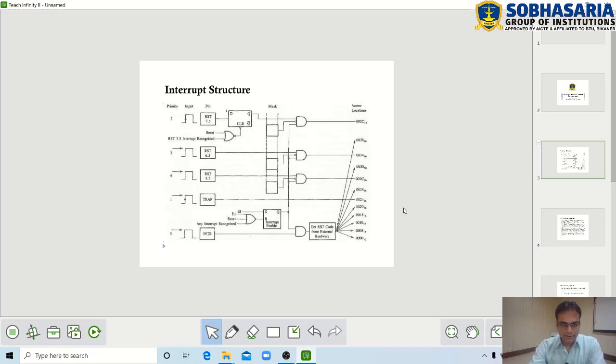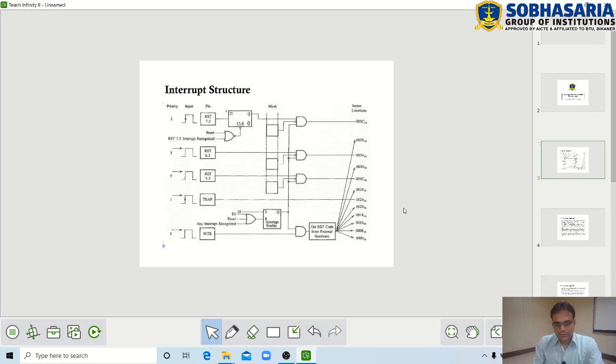So remember the process of interrupt. Whenever any interrupt occurs, the first thing is the occurrence of the interrupt, or it is received on the particular pin of an interrupt. Next, the interrupt is sensed or identified by the CPU, meaning the interrupt has now been accepted by the CPU. That is the second step.